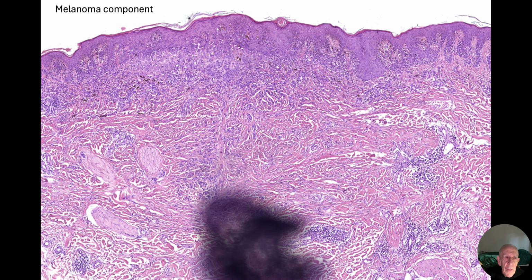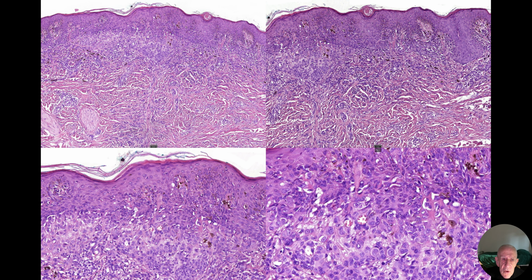And this is the middle of the lesion, and this is the melanomatous component, where you can see there's an obvious involvement of the papillary dermis, and there's some various higher power magnifications, and I think the diagnosis of melanoma